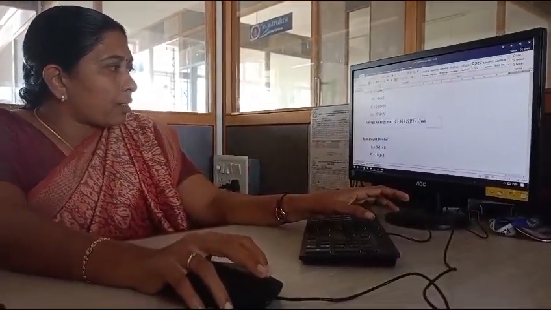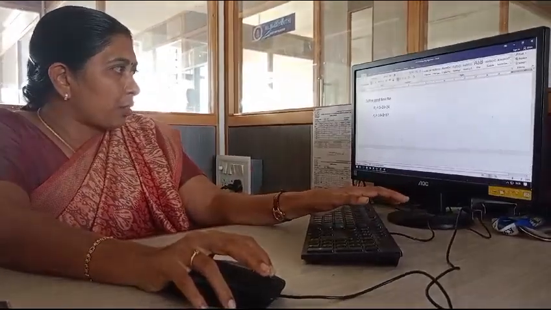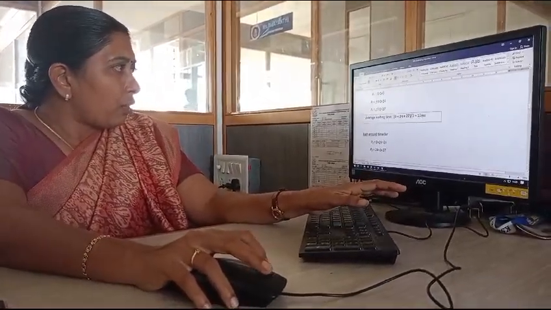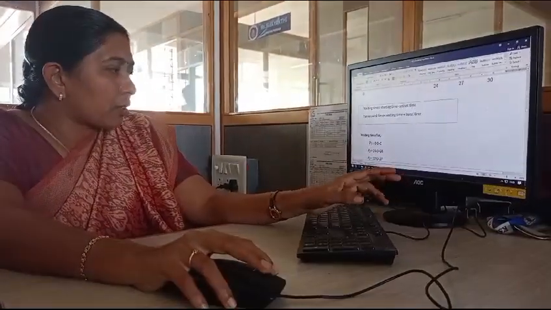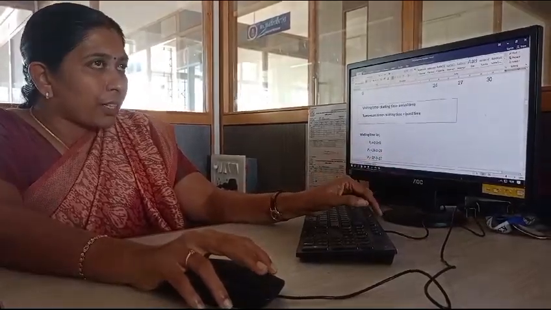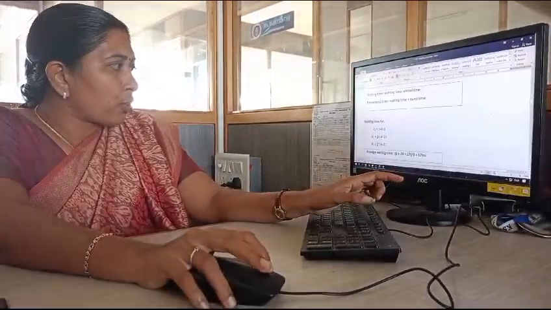Next, the turnaround time calculation for this process: turnaround time is the summation of waiting time plus burst time. So the process P1 waits